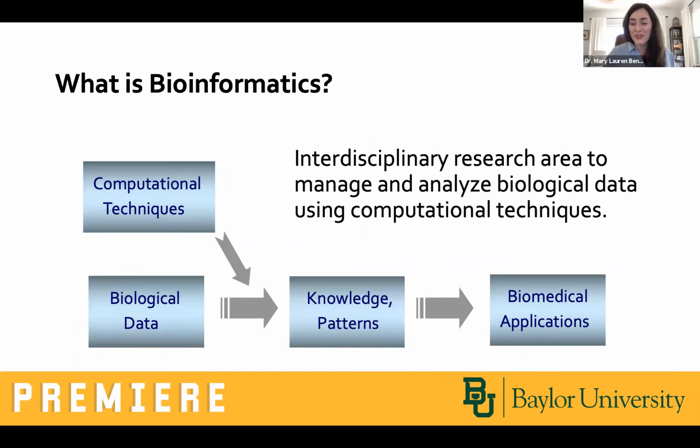It's a really long word that I didn't actually know the definition of until I got to Baylor, but bioinformatics is this interdisciplinary area that combines computational techniques and biological data. So things like genetic data or things from experiments or maybe healthcare, medical data. And so combining these computational techniques with the data to learn new knowledge or discover patterns that have applications in the biomedical sciences.